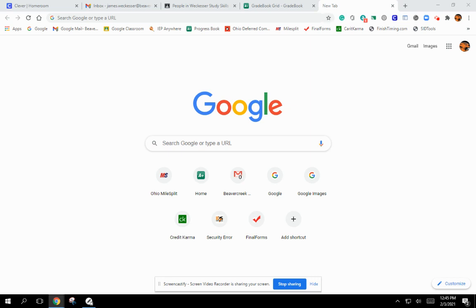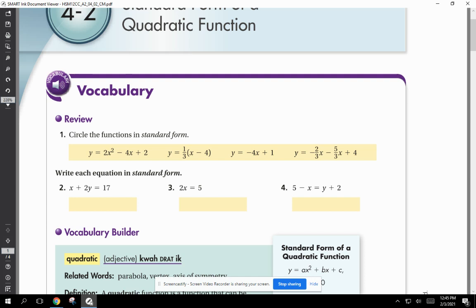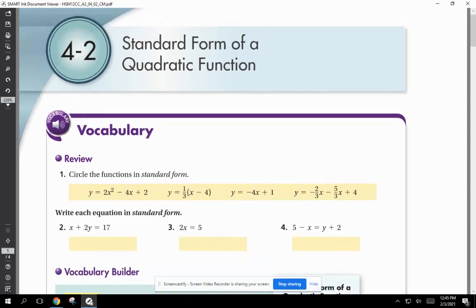This is Mr. Weckesser, and we're learning today section 4-2, standard form of a quadratic function. We learned this the other day in class. We talked about the standard form. Standard form of a quadratic function looks like this: y equals ax squared plus bx plus c. We also learned the vertex form of